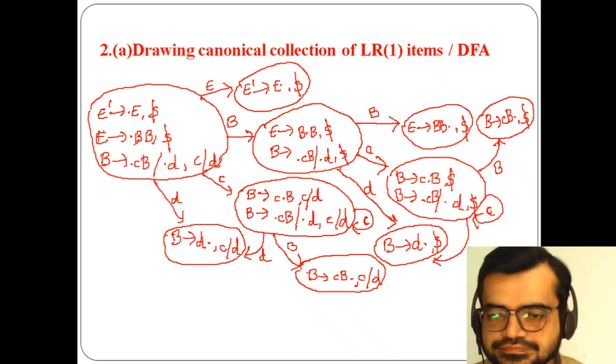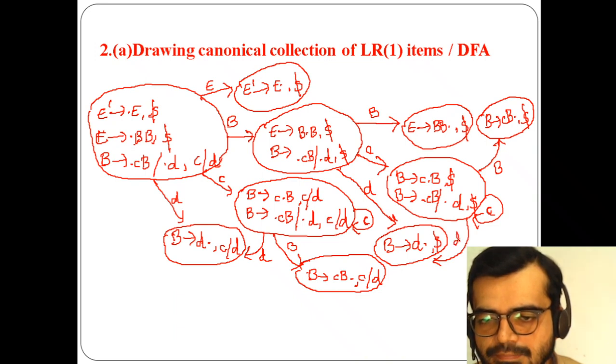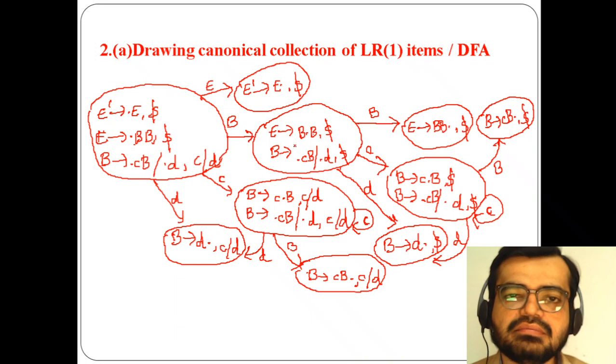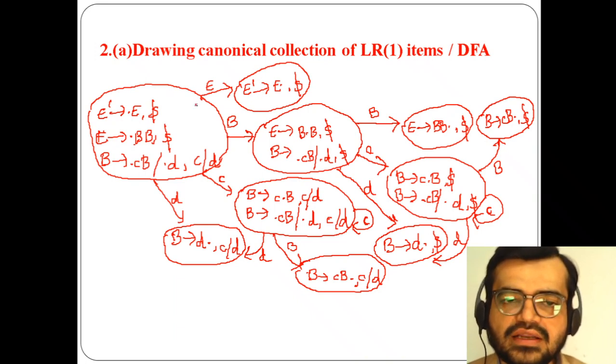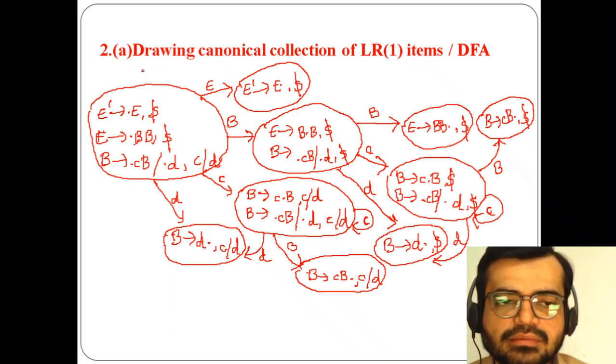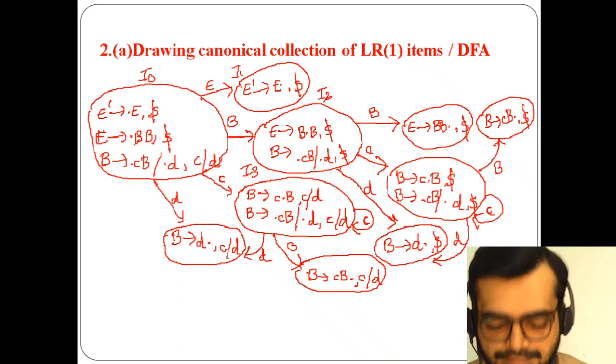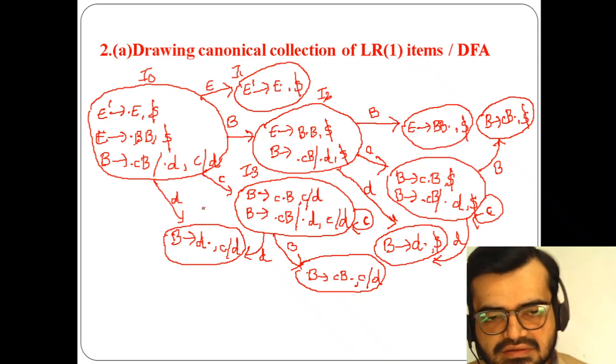D. Now this is how my canonical collection of LR(1) items is built. I have to list out the states by giving them names. So here it is I0, I1, I2, and this is I3, and this is I4.